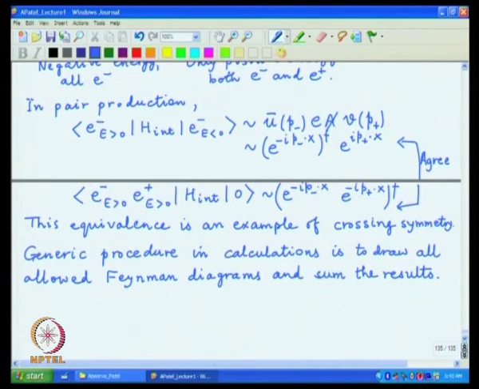One has to remember the rules of statistics also while summing over these particular processes, in the sense that some diagrams might be related with some other ones by interchange of particles, and when you interchange the particles in this particular diagrammatic language, it corresponds to interchanging lines that will incorporate the Fermi or Bose statistics as the case may be. So, when you add the diagrams, you might have an extra sign coming from statistics.